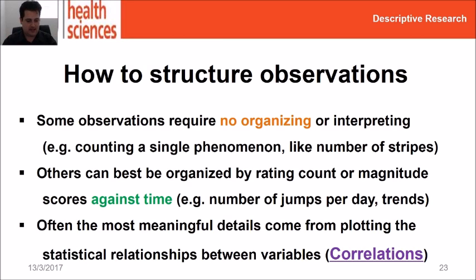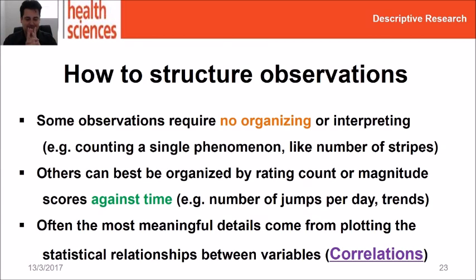Now, when we are structuring these observations, again, depending on how intrusive they were, there are a bunch of different ways of doing it. Some observations don't need to be organized at all. It's just saying whether something did or did not happen, counting how many chimpanzees were in a clearing one day, things like this. Also, very often we will create time sequences for things we're looking at. How many chimpanzees showed up on Tuesday rather than on Thursday? How many times did the cricket jump in 1 minute when it was or wasn't administered cocaine? Things like this. That's a real experiment that we always do in psychology.